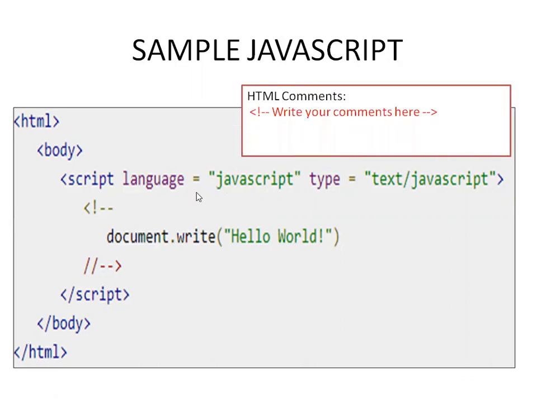As we all know, what is an HTML comment? An HTML comment is written using the sign less than, exclamation, minus minus. After that, we can specify the HTML comment statement, and it ends with the minus minus greater than symbol. In this way, we can write the HTML comment. Like that, here we have two signs, one is less than, exclamation, minus minus. It is a single line comment in JavaScript, but JavaScript will not support the minus minus greater than.